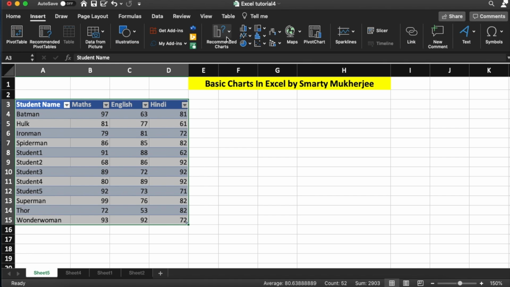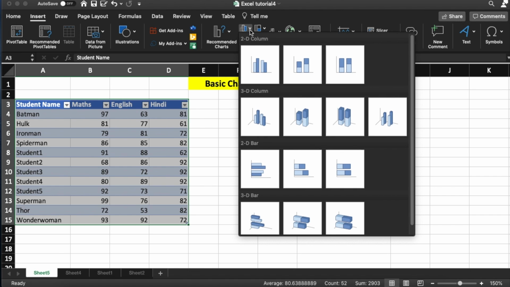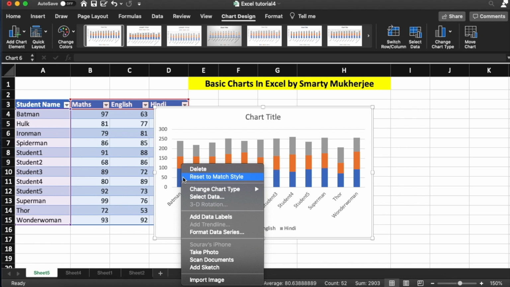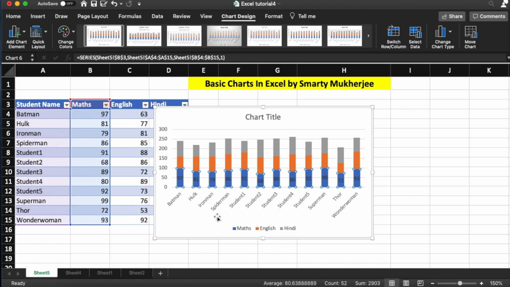So according to my understanding, only the column chart would be best to represent this. You can either use this column chart, or you can try the 3D column chart, or you can try this stacked column chart. So this will also give you a clear picture, and on this graph you can right click and add the data labels as well.